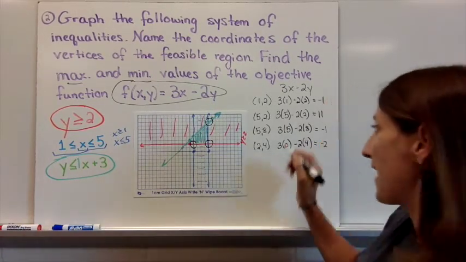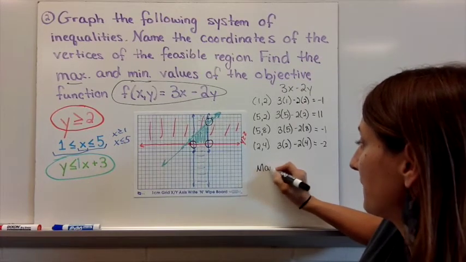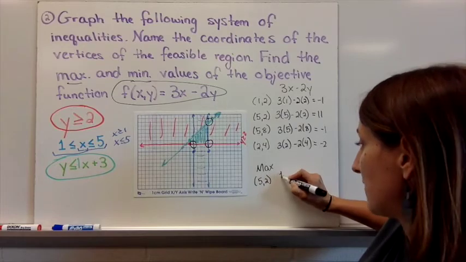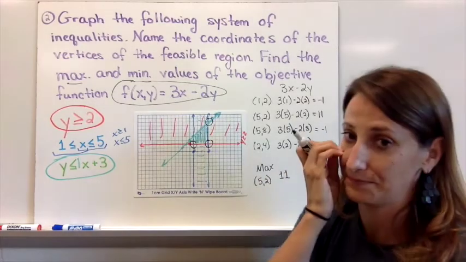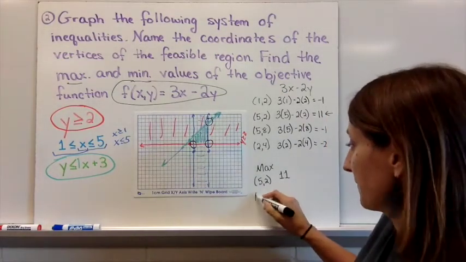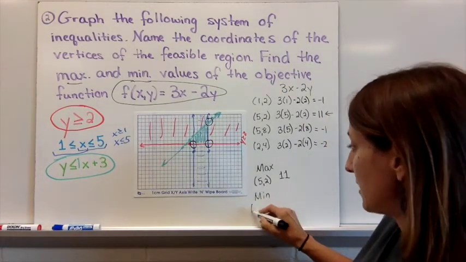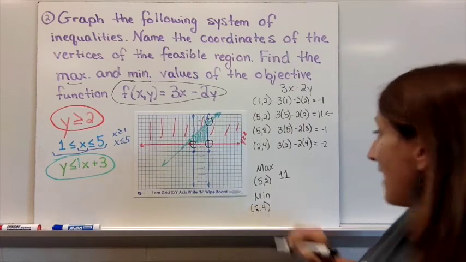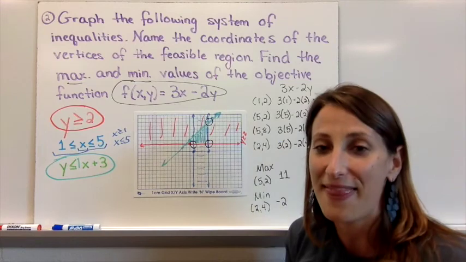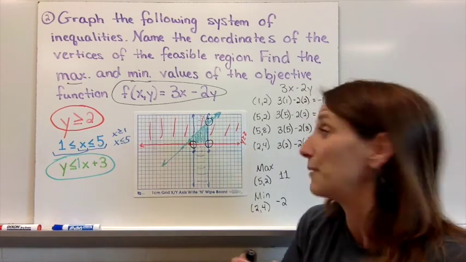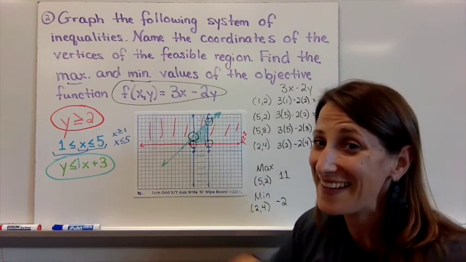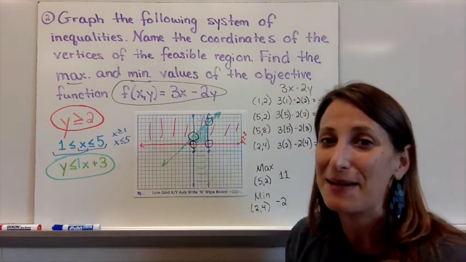All right, so that means our maximum came from the coordinates (5, 2), and actually gives me a value of 11. Right, this one was my biggest. My minimum came from the coordinates (2, 4), and that gave me a value of negative 2. All right, so I hope that helps. We will start to launch into more word problems where we don't have any of this. All we have is the situation, but it gets fun and there's